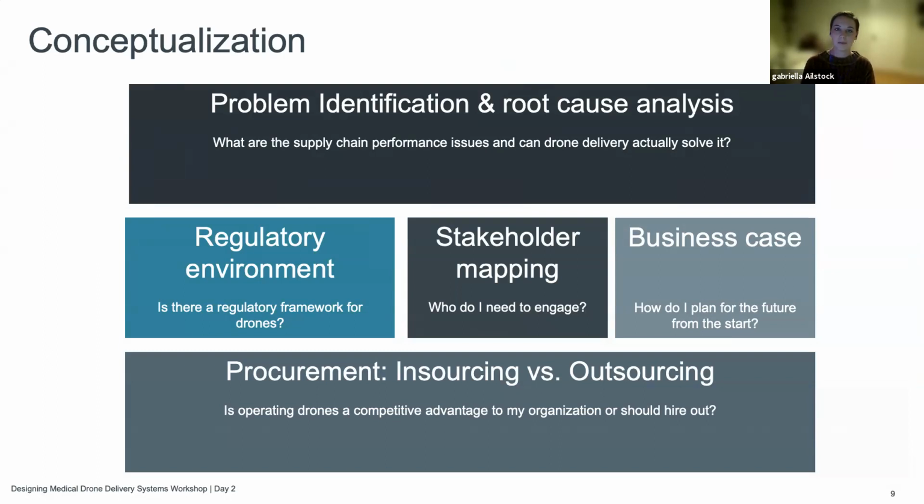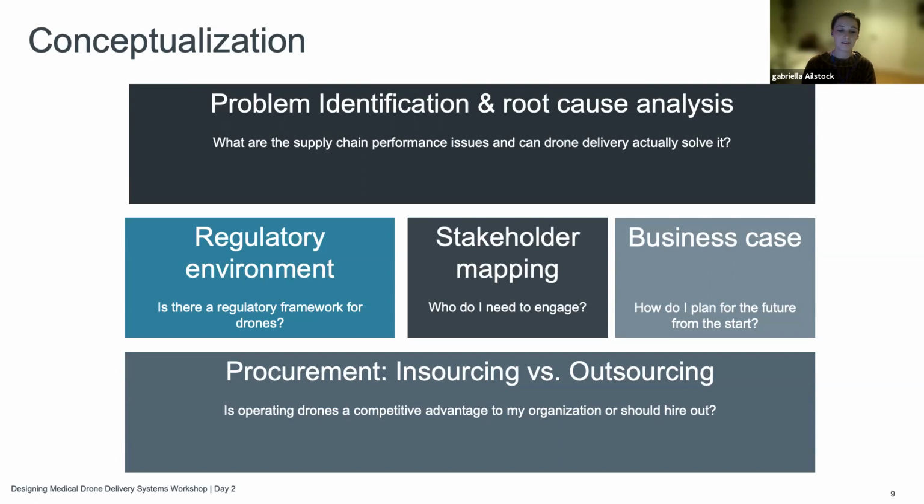In this problem identification phase, you collect data and consult essential stakeholders, either through a formal or informal assessment, to understand the current supply chain challenges and the bottlenecks in that existing system. Then implementers or drone companies or governments or other stakeholders need to conduct a root cause analysis